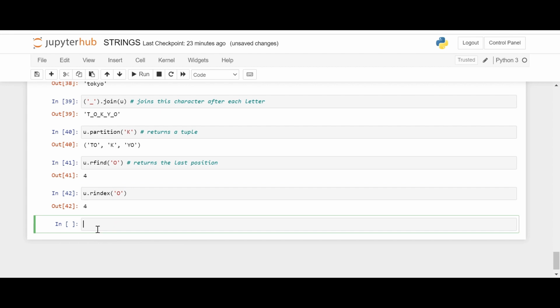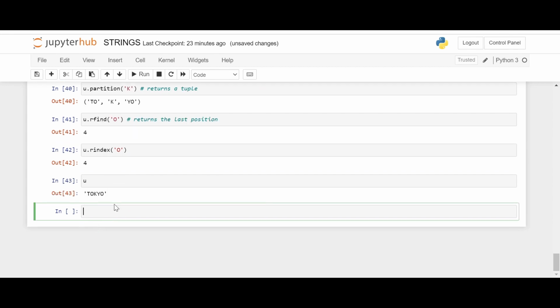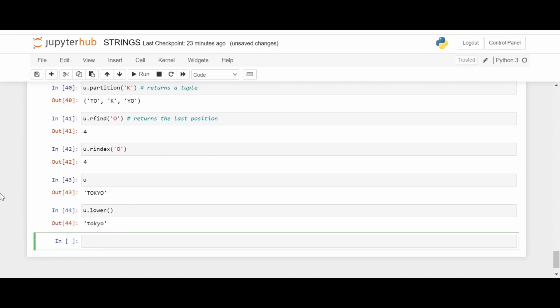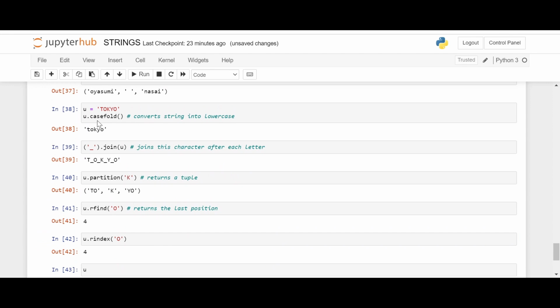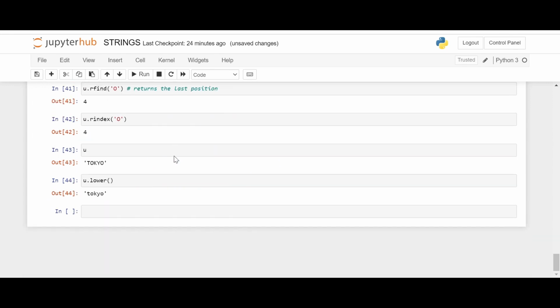Now let's check our string again. So this is our string Tokyo. Now we can also get the lowercase version using u.lower, which we previously got using casefold. Okay,